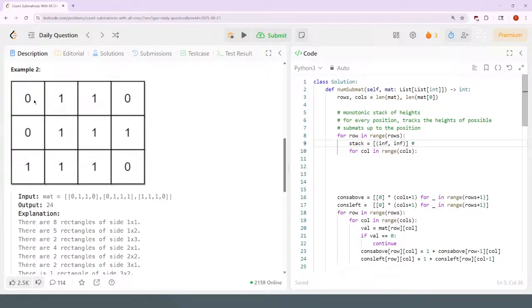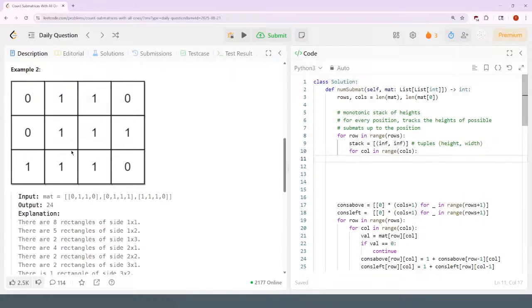The tuples have height and width of things. So if I go here, the height is 1, width is 1. So let's say if the position here,